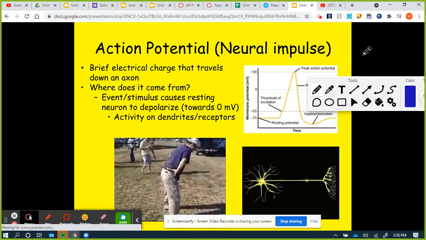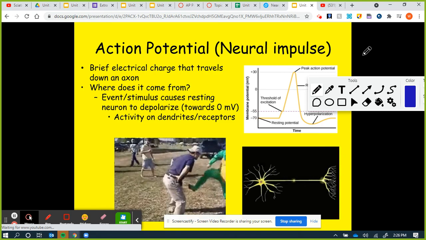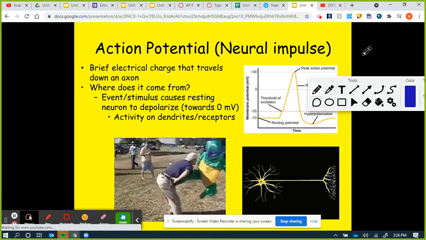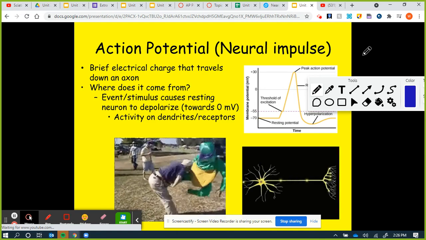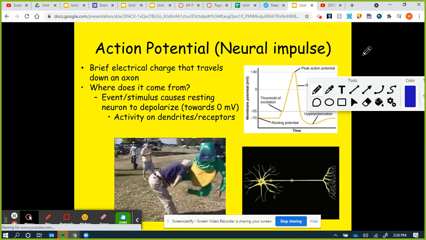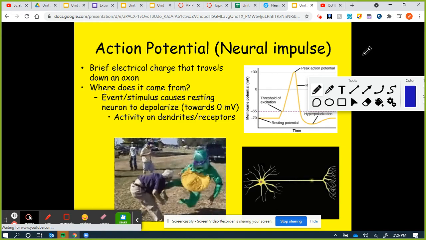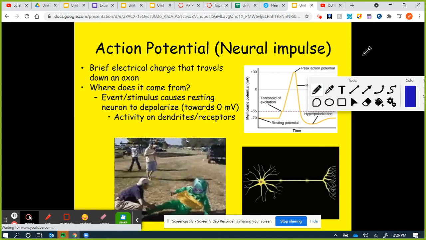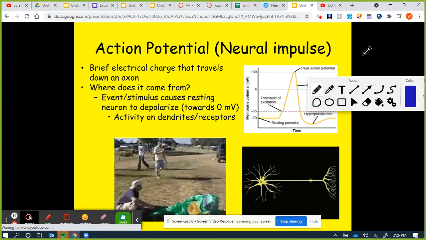When there is a neural impulse, when neurotransmitters bind at the receptor sites on dendrites, if there is enough of the chemical signal, then that chemical signal is going to trigger an electrical impulse within the neuron, in the cell body. It's actually at a spot on the neuron called the axon hillock that you don't need to know. And this is in response to some sort of event. Your boyfriend breaks up with you. That's going to cause action potential. You're going to start crying and whatnot.